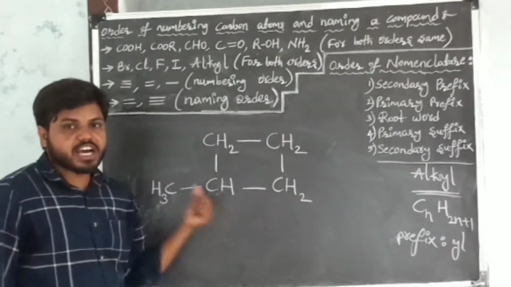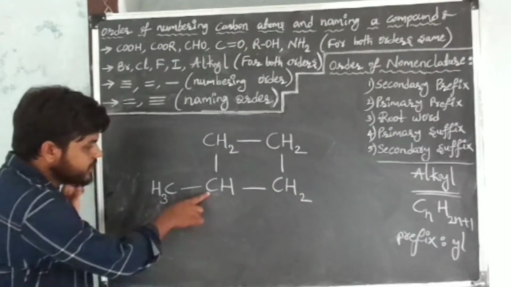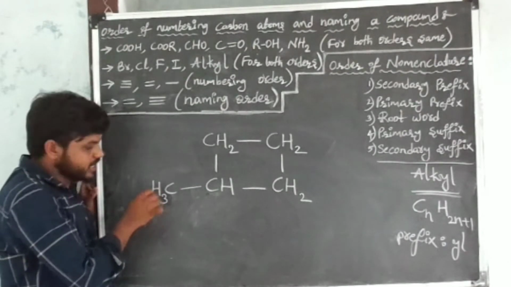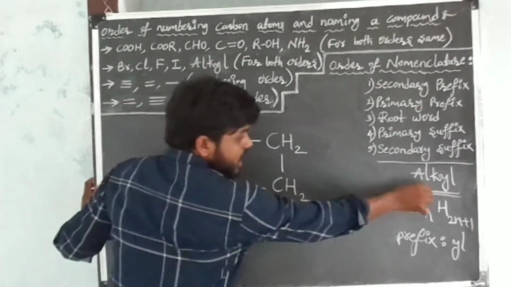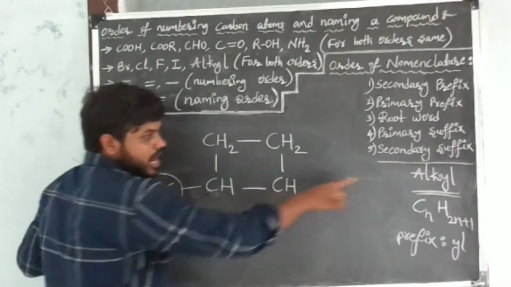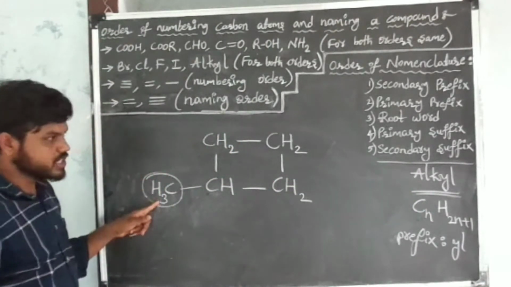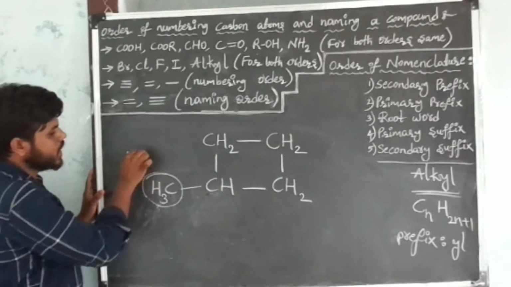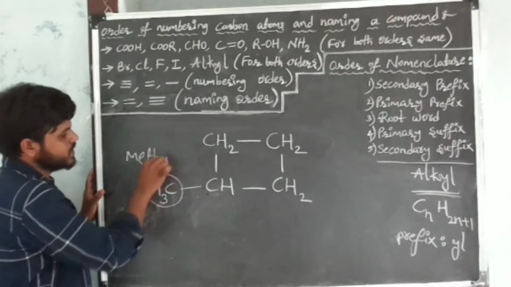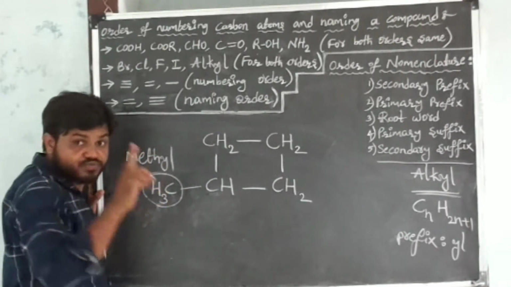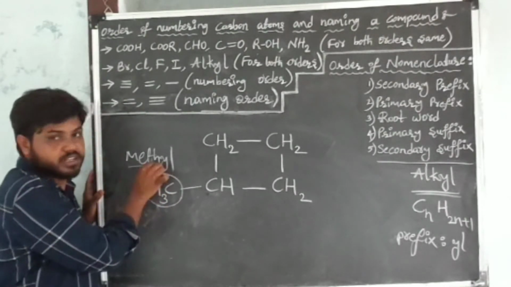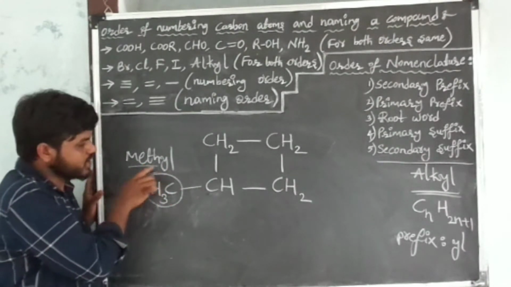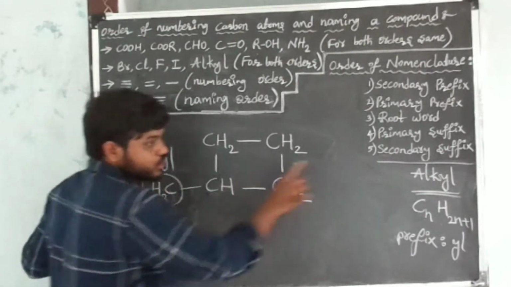This is the given carbon compound. In this, at this carbon there is one substituent, that is methyl. This is one substituent. It belongs to the alkyl group. So the name of the substituent is methyl. How am I writing this methyl? See here. In the given substituent, there is one carbon atom. The root word of one carbon atom is meth. And it belongs to the alkyl group.